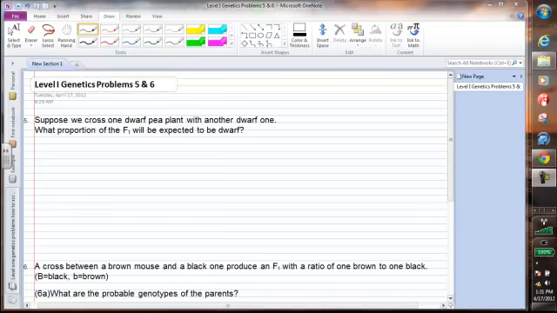Let's get right to it. Number 5 reads this way. Suppose we cross one dwarf pea plant with another dwarf one. What proportion of the F1 will be expected to be dwarf? Now, if you remember from earlier problems,